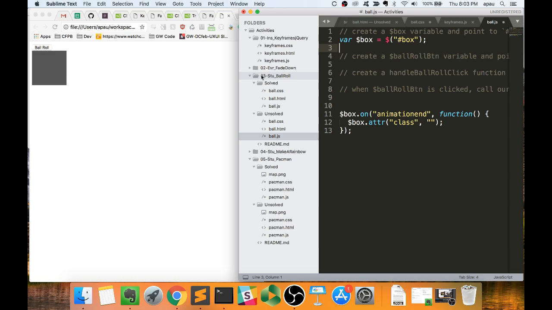And then here I said, alright, so this is the on. So remember how I said there's two ways to do it? One is the dot click, and you just pass it a function, which is the shorter way. The longer way, you're using the on function and saying the click event. So I have it twice, so you could technically